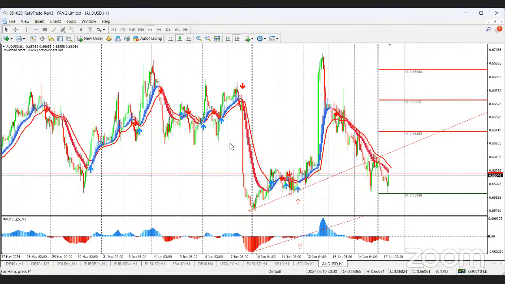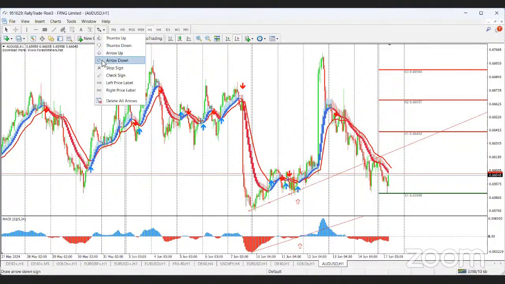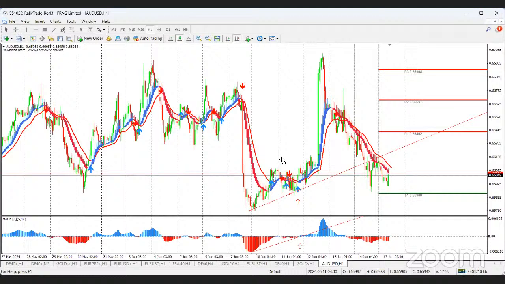But if you look at these two red arrows that come here, this red arrow that I'm pointing to, two of them come at the same time, or almost the same time, telling you that price may drop. But even when they were telling you that price may drop, the lows of the price were getting higher, which means that they are going contrary to the lows.